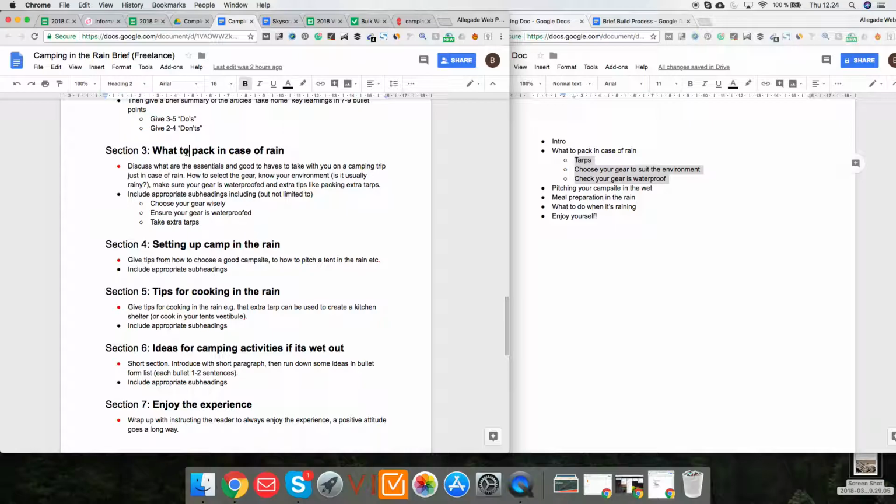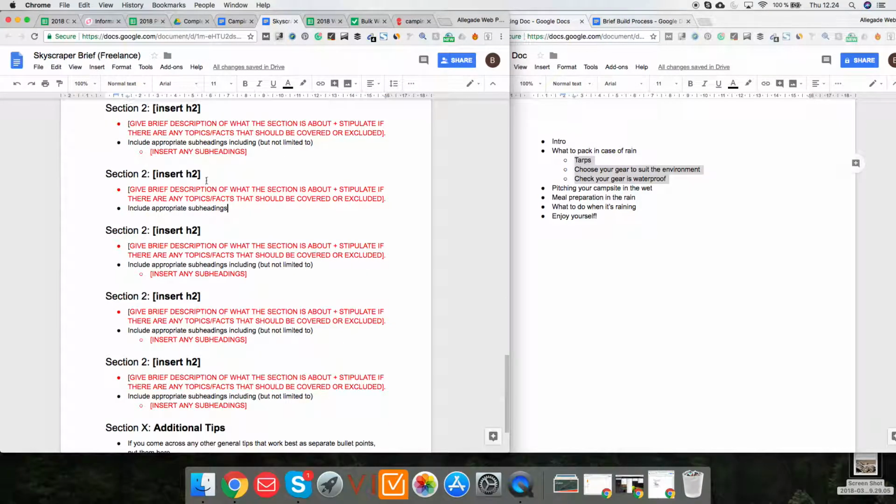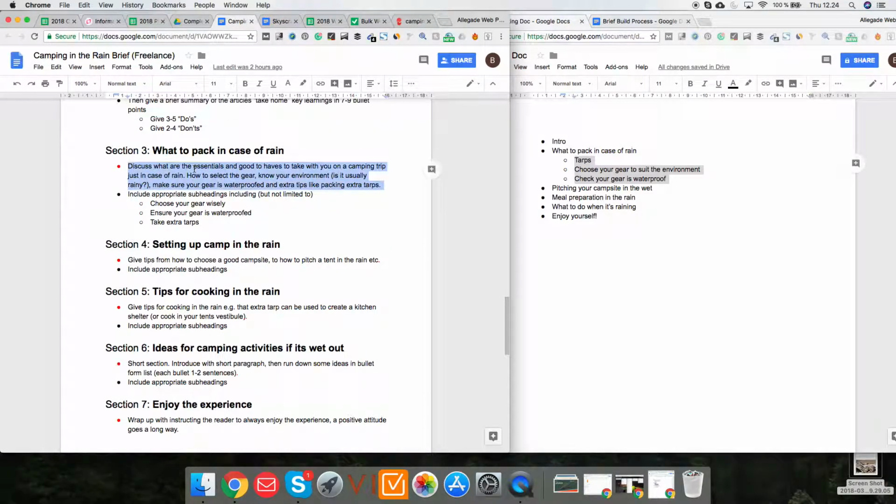So as you can see, what's packed include. So these are exactly the same. I've changed the order of these, and then in this one here, the top one, which was basically a brief description of what the section is about, plus stipulate if there's any topic. Depending on how good your writers are, this could be very, very detailed, like when I was talking about Text Broker, I would fill in quite detailed, whereas my current writers, you can see these are fairly minimalistic, but with the copy of the 10 SERPs I'm using, and then these and the headers, they know fine what